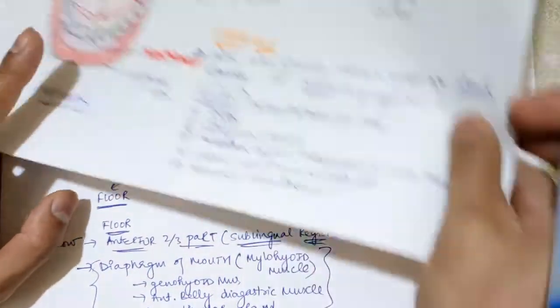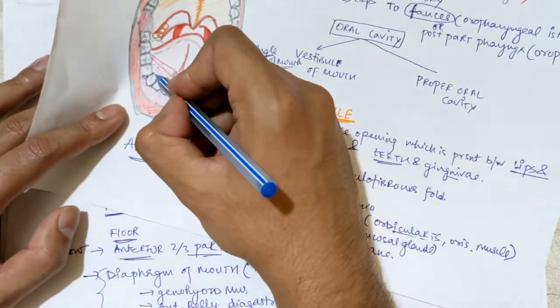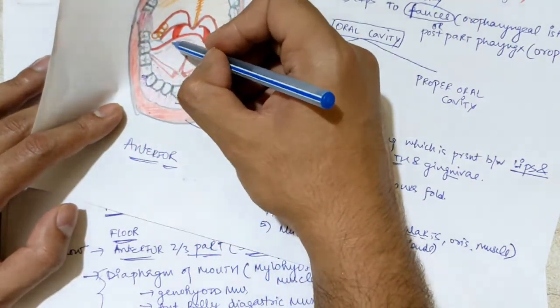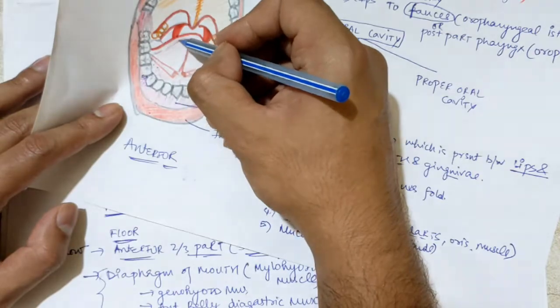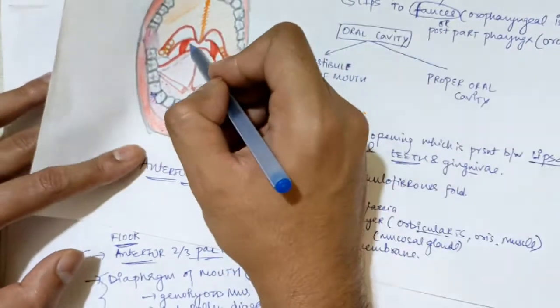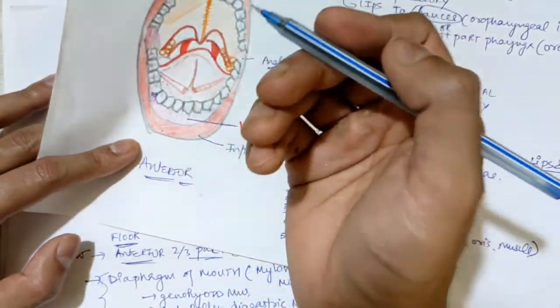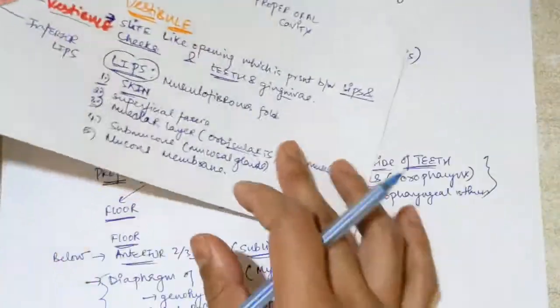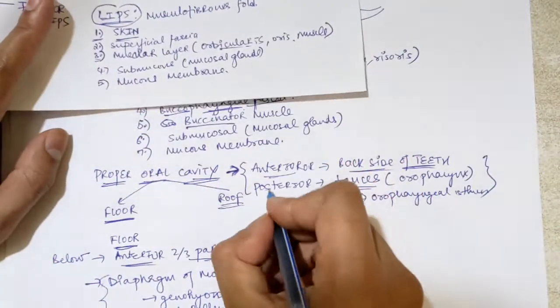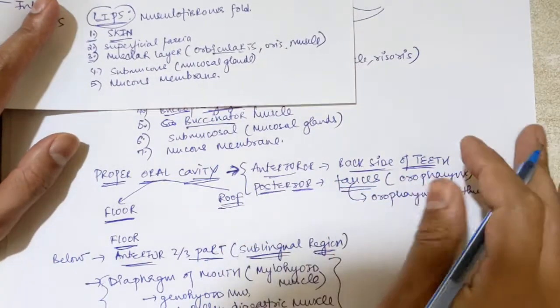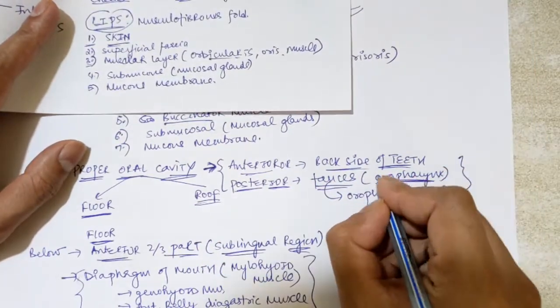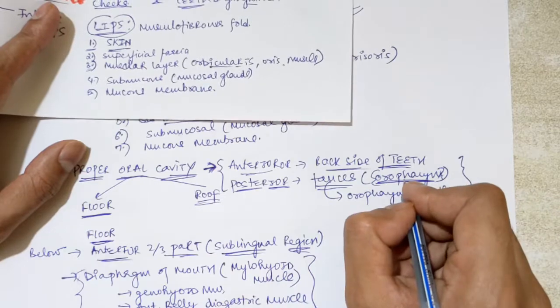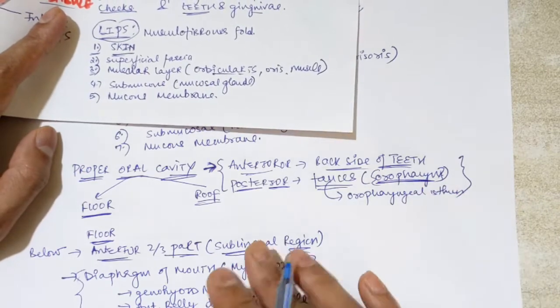Okay, now from the back side of the teeth, this will be extending from the lateral side, that is the sides of your tongue, and going to the posterior side. So posteriorly, you know that the oral cavity ends at the fauces. We have written here lips till the fauces. So the fauces will be the posterior part, that is the end wall of this oral cavity, the fauces or the oropharynx. In respect to the pharynx, that will be ending in the oropharynx. Okay, this much is clear.